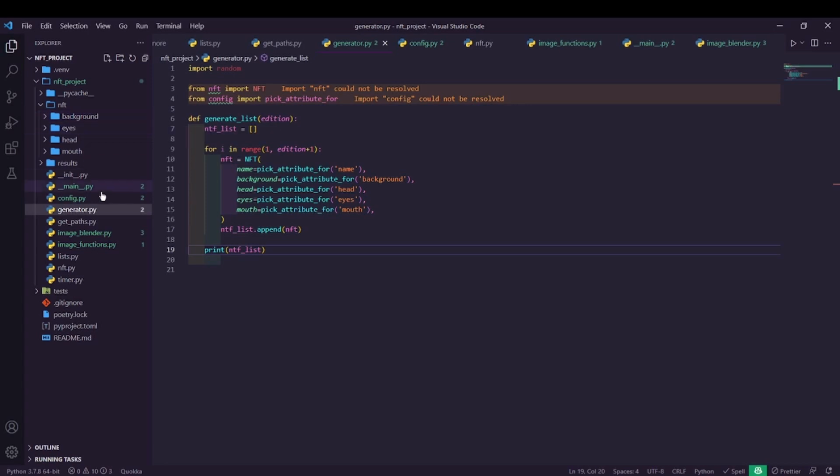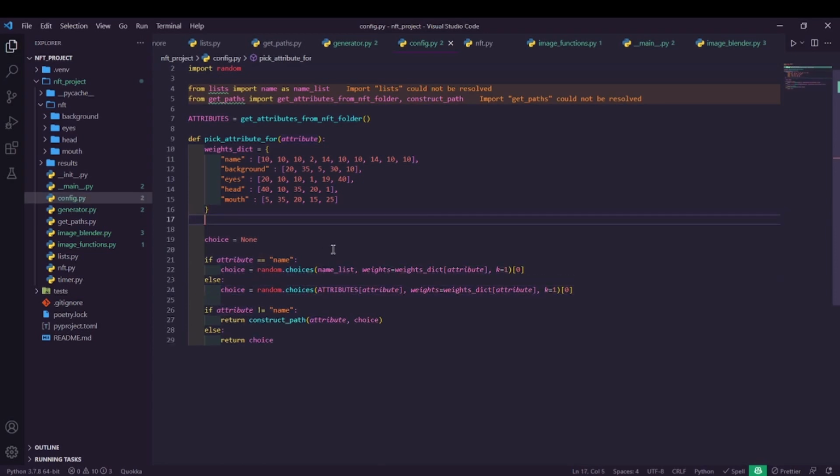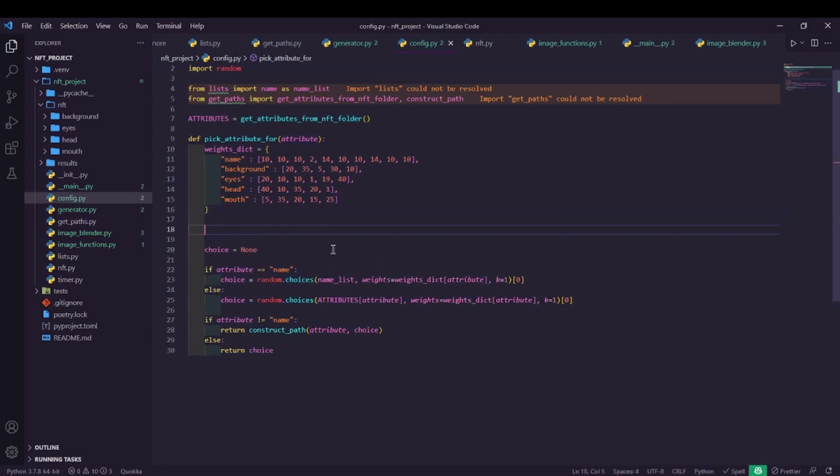I'm wondering if I spelled something the wrong way. Or what? Let's see. Name background is where it hits. Background. And let's see if I can